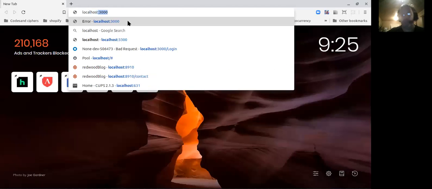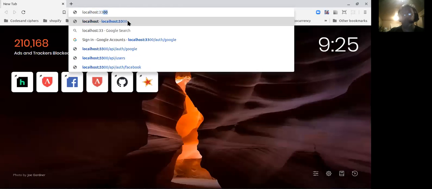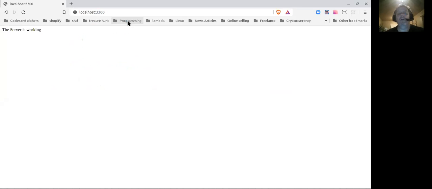And by default, it's set to 3300. There we go. Now, there are endpoints in there, and we could set up a quick user, but to make